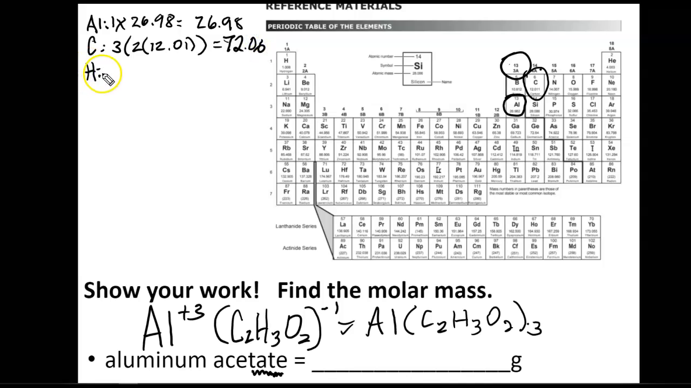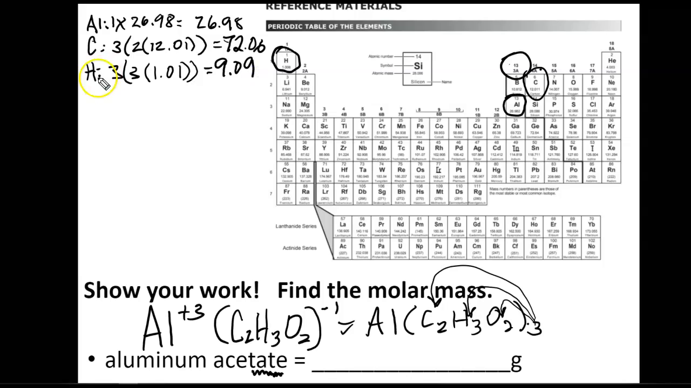And my hydrogen, I'm going to have 3 times 3 times hydrogen's molar mass, which is 1.01. And I got that by looking it up on the periodic table. And remember, what I'm doing is I am distributing my 3 to the parts that are inside the parentheses. So that's what's going on there. And so I'm going to end up with, on that one,